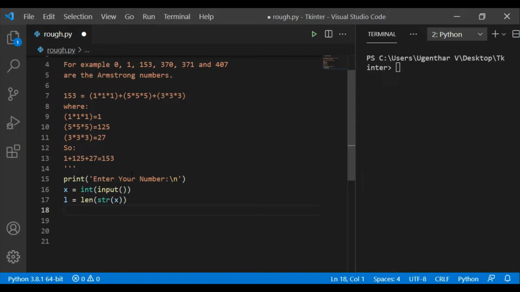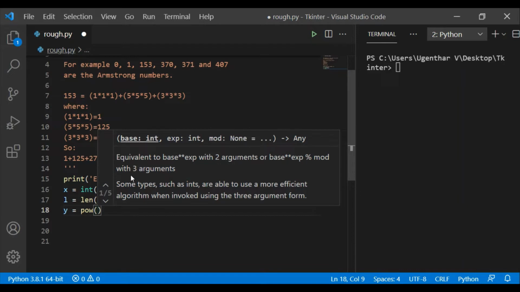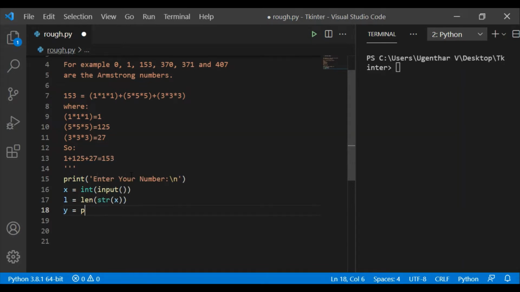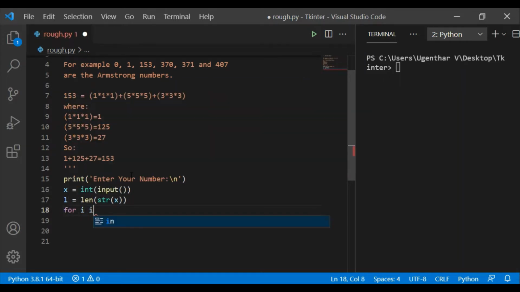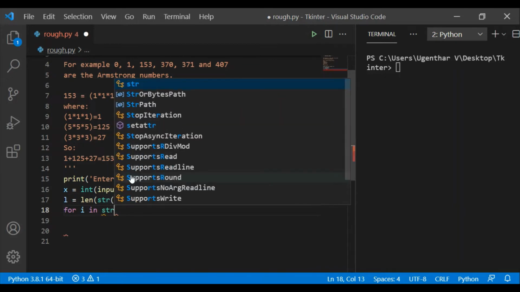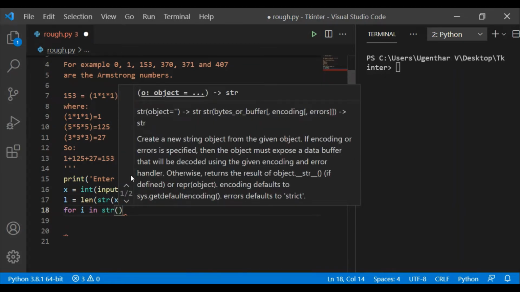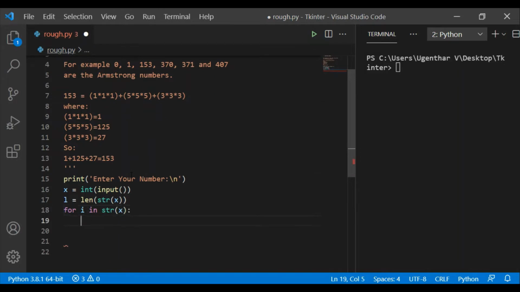Next, let's set s equal to 0 and use power. Let's take a for loop in order to get each digit, for i in str of x. Str of x means it will be converted into a string.